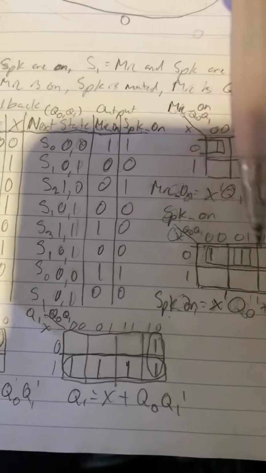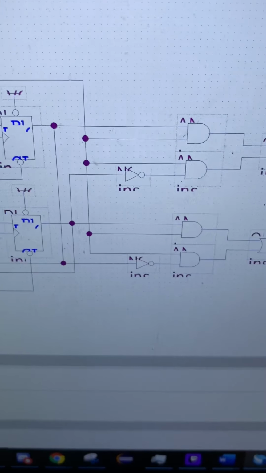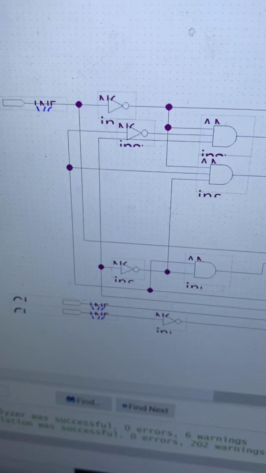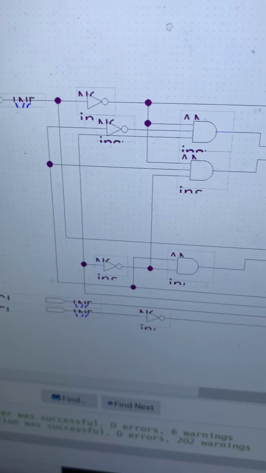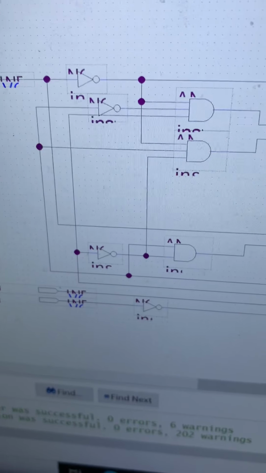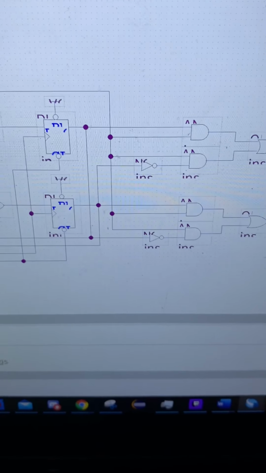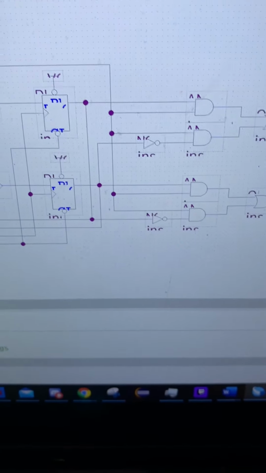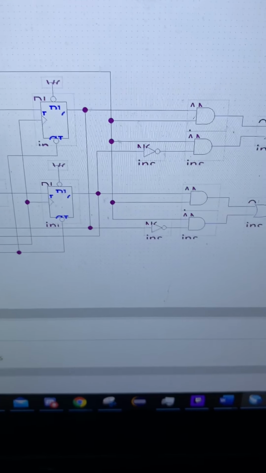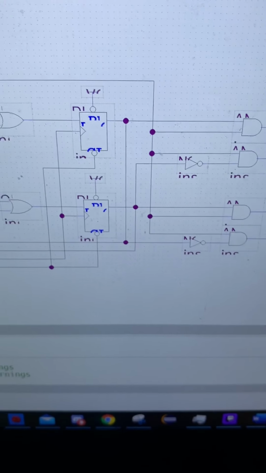This is mic on, speaker on, Q0, Q1. But there's definitely instances where I have repeating NOTs, which could then be simplified if this was actually built. When this is actually built, there would be just one NOT gate for both the Q0 NOT and Q1 NOT. And also,